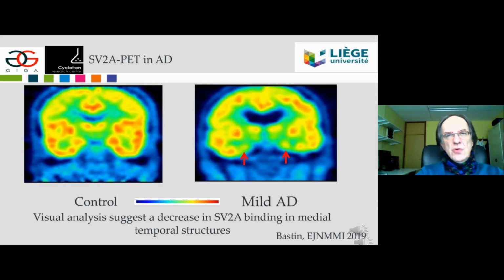So how could we use that? I already showed you that apart from making first studies in normal control people with that extremely interesting distribution in the medial temporal and inferior temporal cortex, we could see in Alzheimer's disease that there is effectively a decrease of activity in the medial temporal cortex. Now that decrease of activity, you wish and you need to measure it and to try to find a statistical